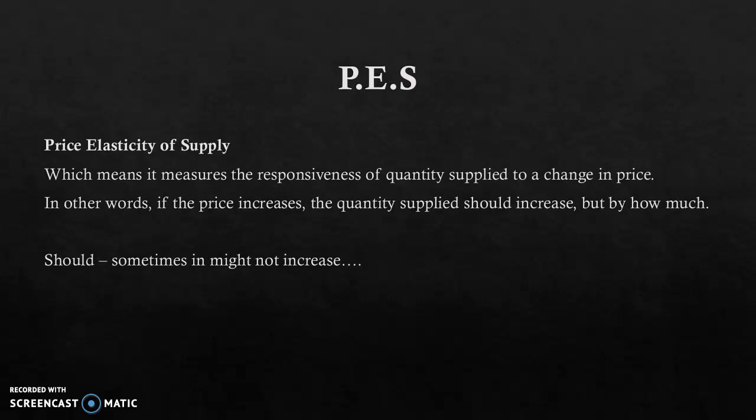I've just put should here because sometimes, even though the price could go up massively, quantity supplied might not increase at all. For example, the price of a vaccine for the coronavirus could skyrocket, maybe millions of dollars a dose, or people could be offering huge amounts, which they probably would be, but supply is not going to increase because they haven't got one yet. So sometimes products have what we call completely inelastic supply. Let's explore this a little further.